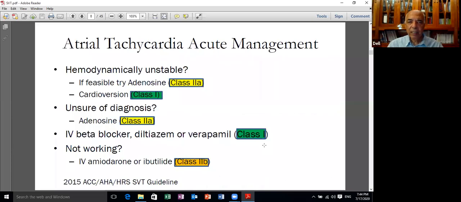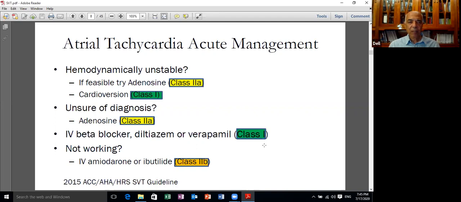So how do you treat atrial tachycardia? If the patient is hemodynamically unstable, you cardiovert. Sometimes you give adenosine at 6 milligrams intravenous bolus with flush. Everything else from the antiarrhythmic drugs should be given slowly. The only antiarrhythmic drug which should be given rapidly is adenosine because it's usually metabolized by the red cells and might not reach the heart if it is given slowly. So 6 milligrams, and if it doesn't work, 12 milligrams can be repeated twice after a few minutes.